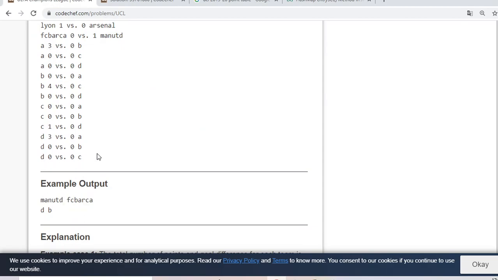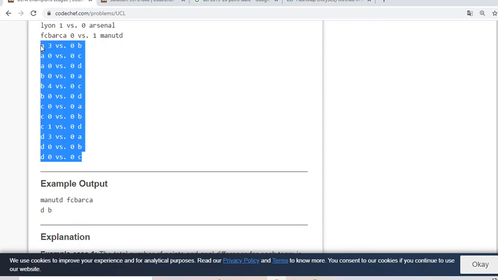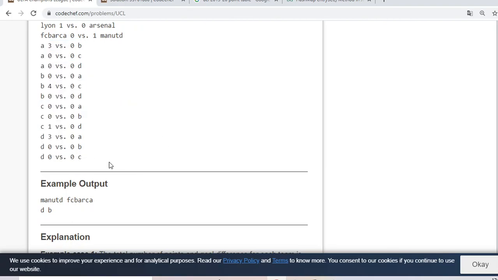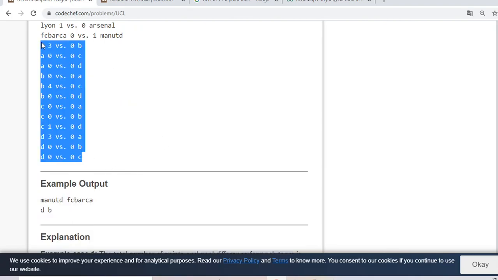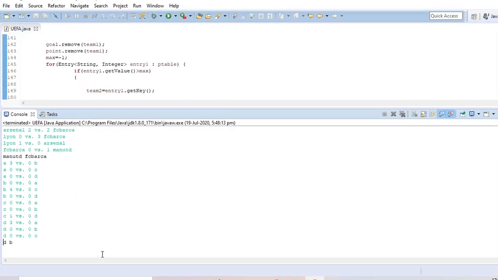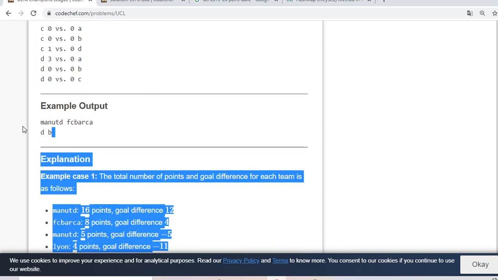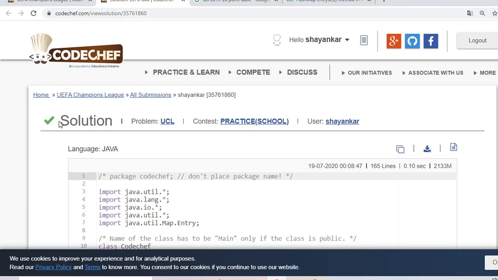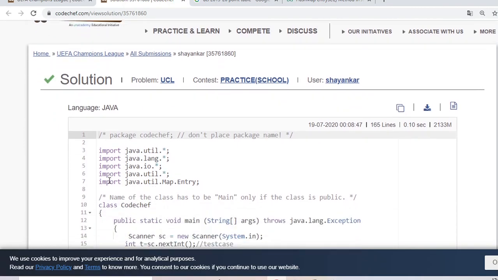Then I copy the second test case and put it here. Yes, the answer is the same. You can see that, and then you can see my solution also. This is correct.